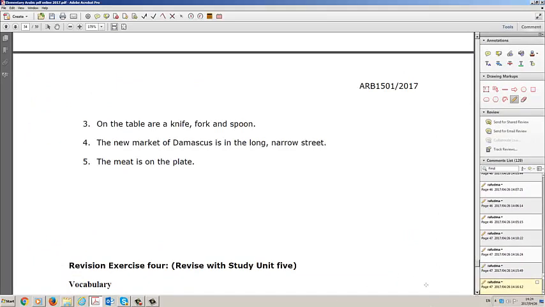Okay, the new market of Damascus is in a long, narrow street. Suku Dimashq. Okay, Dimashq is one of those words that actually takes a fatha because it's a diptote, so we say suku Dimashq الجديد الجديد سوق دمشق جديد في